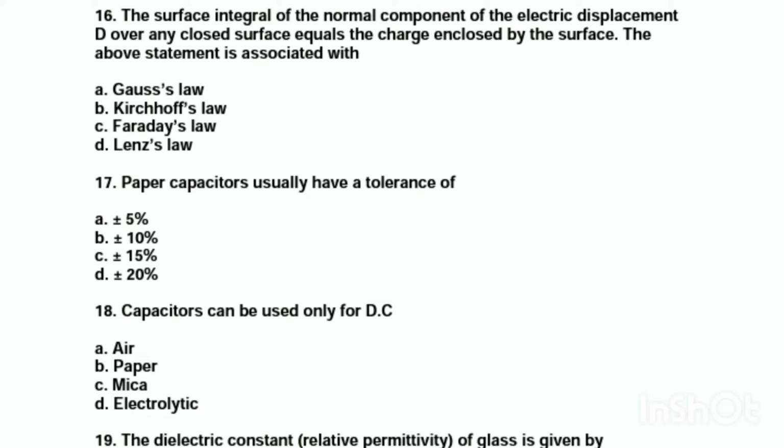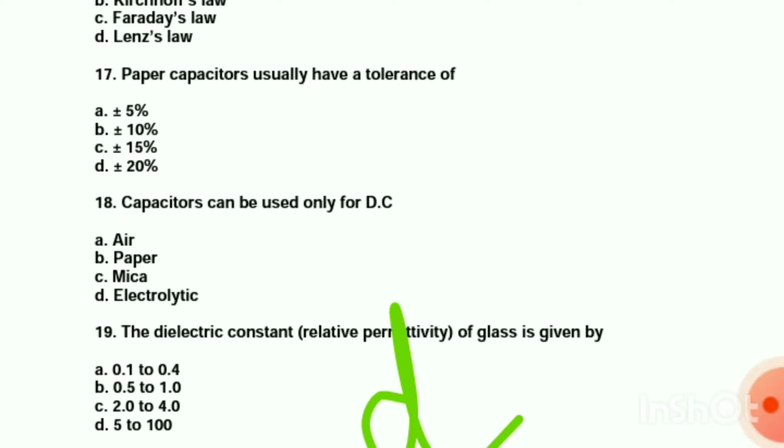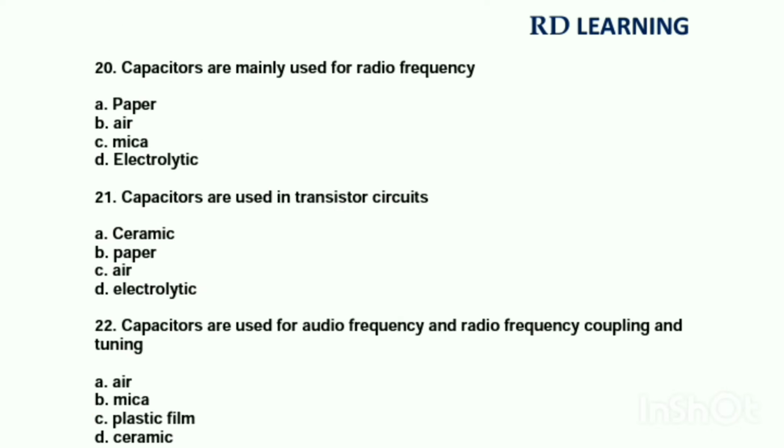plus or minus 10%, B. Next, capacitors can be used only for DC: electrolytic, D. Next, the dielectric constant or relative permittivity of glass is given by 5 to 100, D. Next, capacitors are mainly used for radio frequency: air,